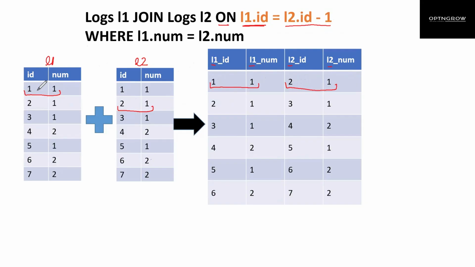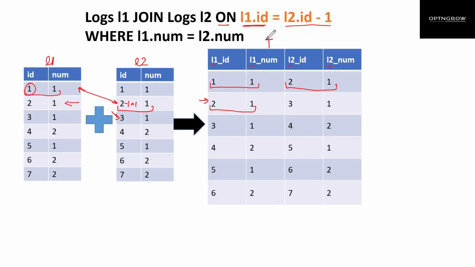If I talk about the first row, L1.id is 1 and L2.id minus 1 is 2 minus 1, which gives 1. So we are going to join these two rows. In the same way, for the next row, this is coming from L1 and we are joining the next row of L2 with this row of L1. This is the logic that we are applying while joining the table.